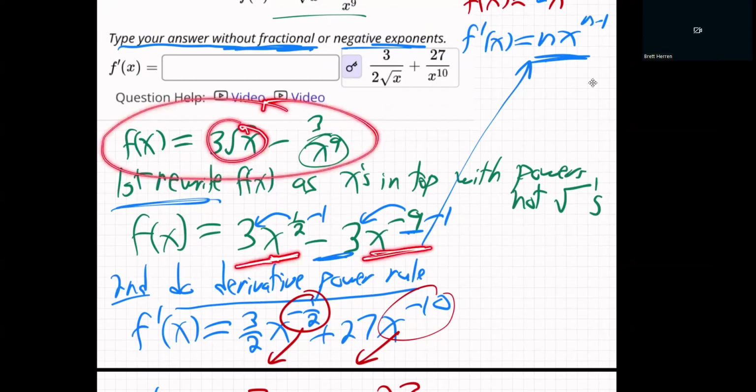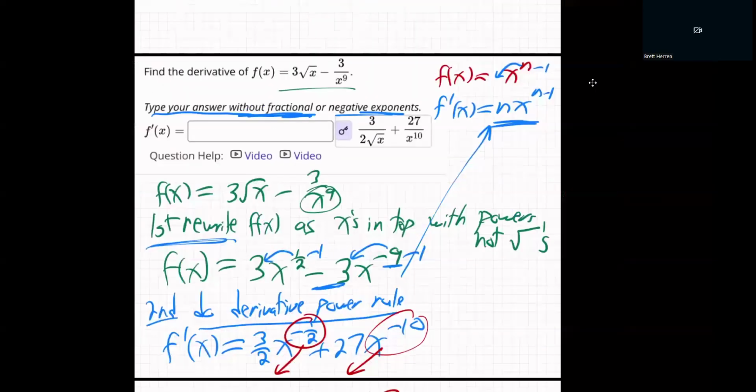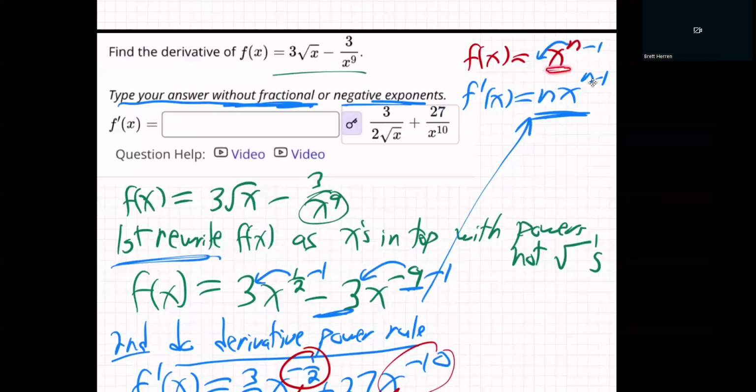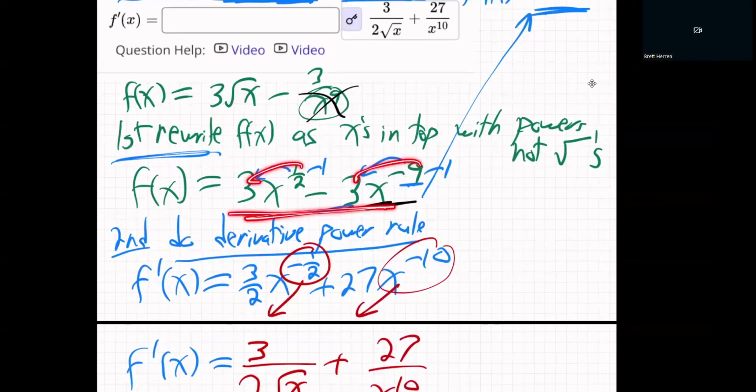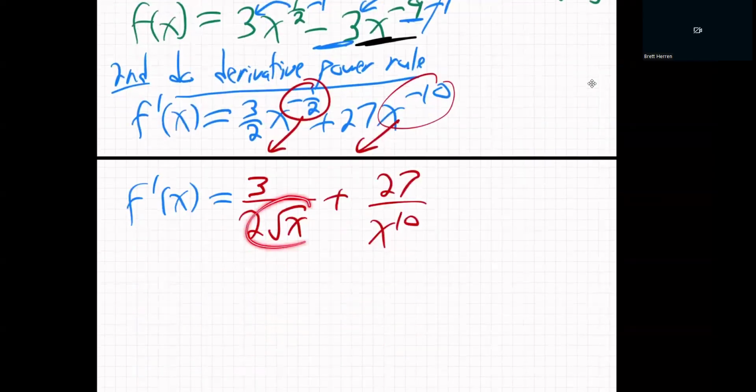We don't want roots. And that's a negative 9 because it's 9 on the bottom. We want it up on the top. This rule here about bring down the power, that's only when x is not in the denominator. You can't have x in the denominator. You gotta get it up top. So it's the same thing as negative 9 in the top is positive 9 in the bottom, right? And then once you get it written this way, then just do the rule. Multiply the front, subtract 1 from the power. You got it, then change it back. Root on the bottom, 10 power on the bottom. There we go.